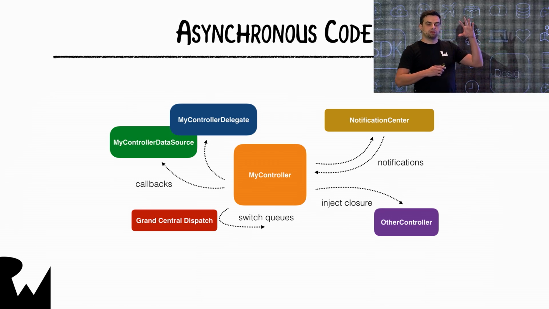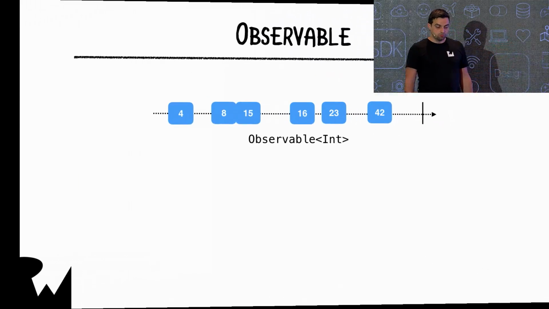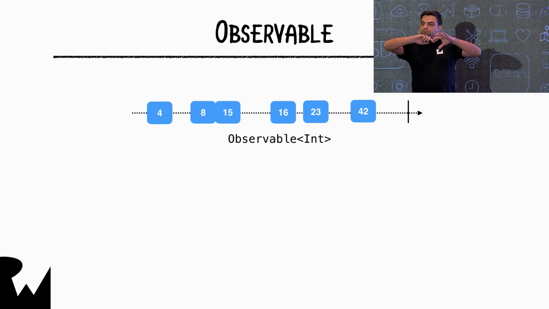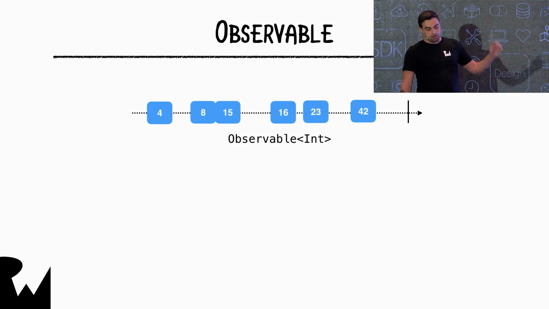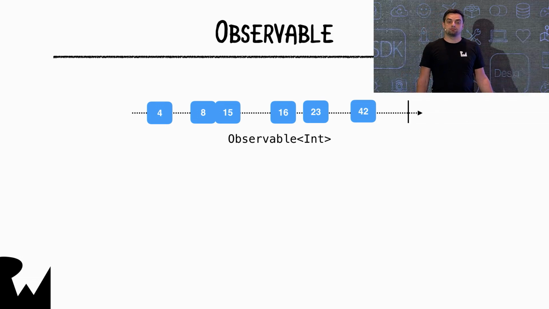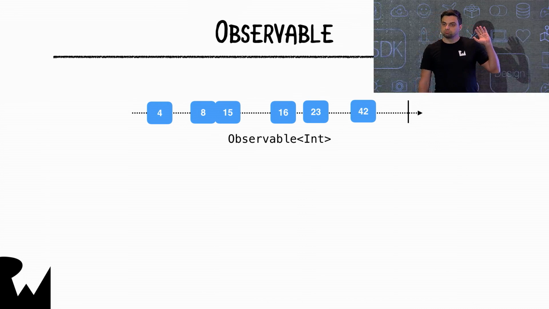Just increases the complexity of your app. What RxSwift does, and does really well, is to get rid of all these patterns and all these different technologies by replacing them with just a single pattern, the observable class. And the observable class, as I said before, just represents all changes to your data as an event sequence through